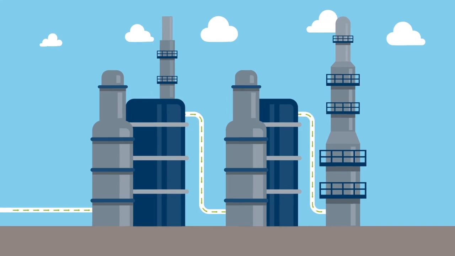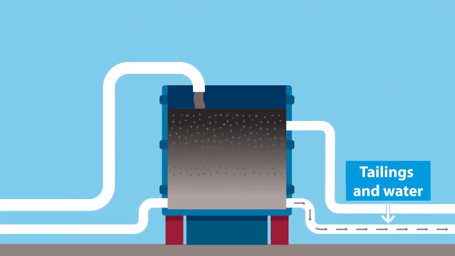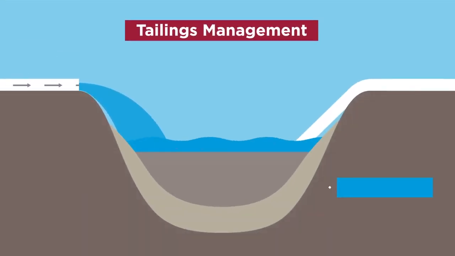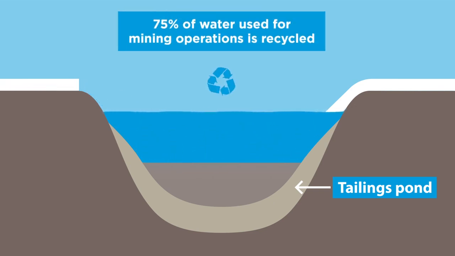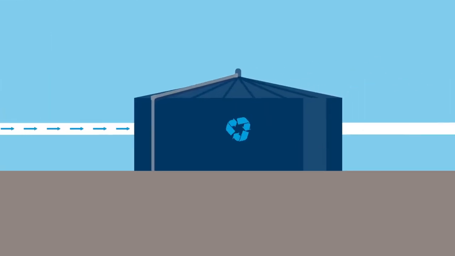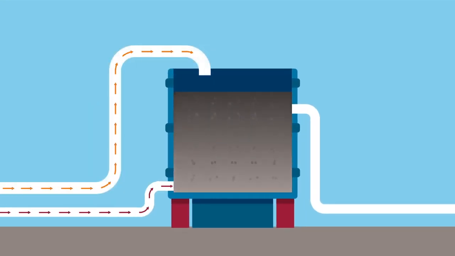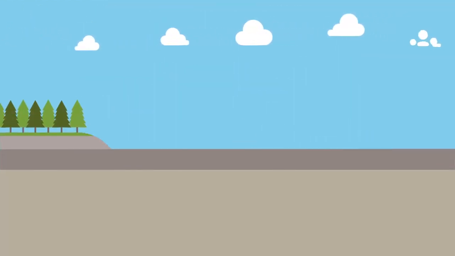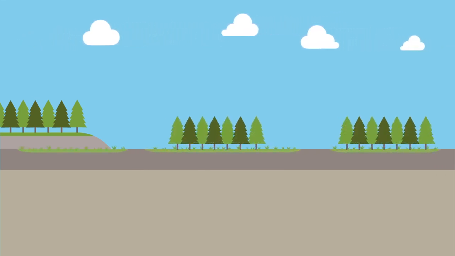Meanwhile, the mixture of sand and water at the bottom of the extraction vessel, also called tailings, is transferred to tailings ponds to settle and separate. As the solids settle out, the water on top is sent back to the mine to be heated and used again in extraction. Recycling water in this way reduces the amount of water needed for mining operations. All lands disturbed by oil sands mining operations, including tailings ponds, will be reclaimed to a self-sustaining landscape.